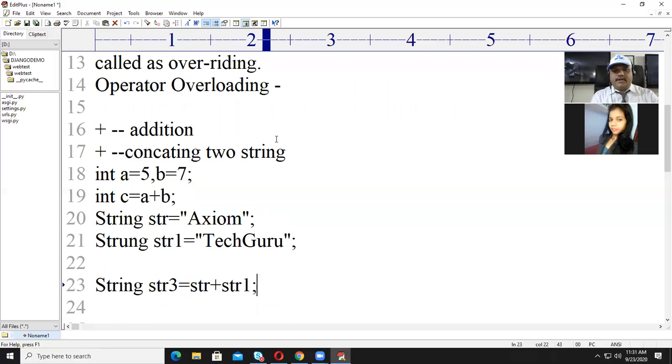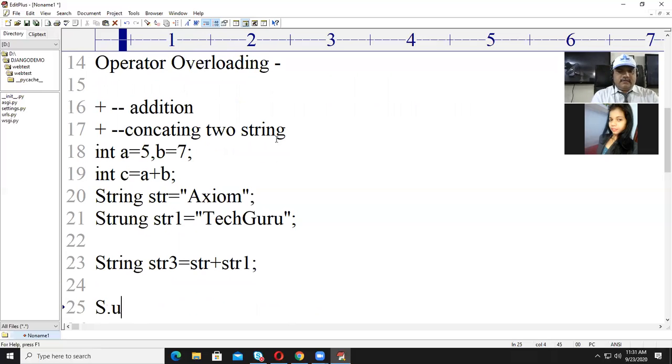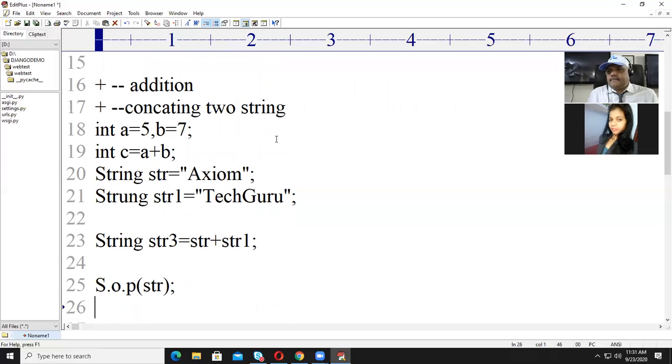If you print str3, you will find "axiom tech guru" combined will be printed. What does it mean? Plus is an operator which is already overloaded to perform multiple things. You can add two numeric values as well as perform string concatenation.